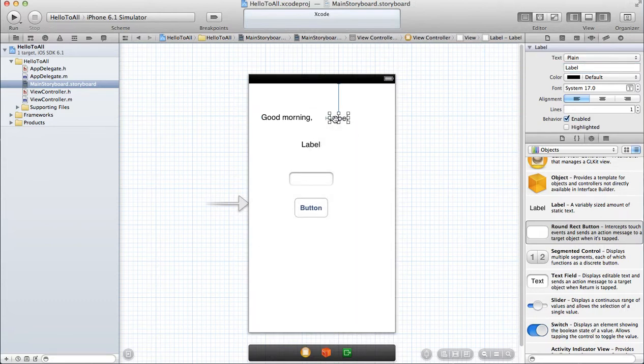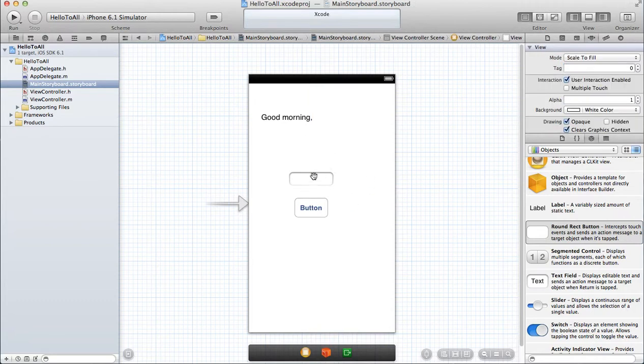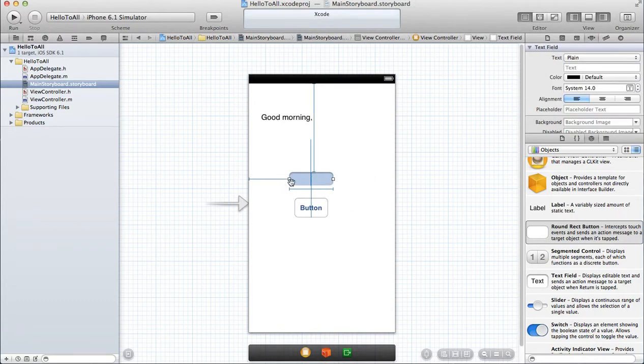Now, this label is going to be dynamically written based upon whatever the user inputs in this text field. So for now, I'm just going to delete the default text that lives in there. I am going to stretch it out a little bit for the longer names. And this label is for our secret message. So I want to take the default label string out of that one too. Now I'm going to increase the text field just a little bit in case we have somebody with a long name inputting their name.